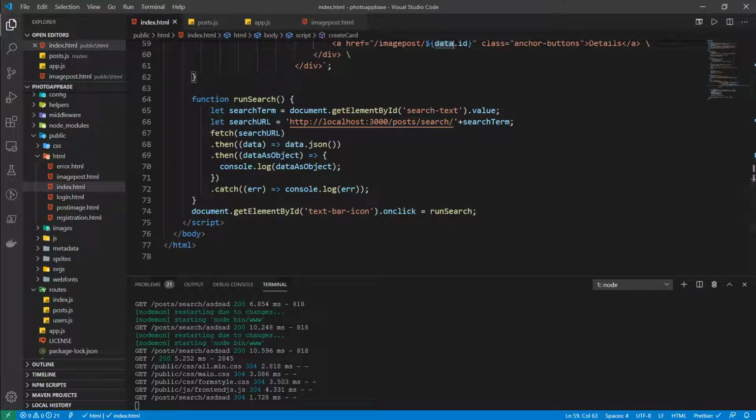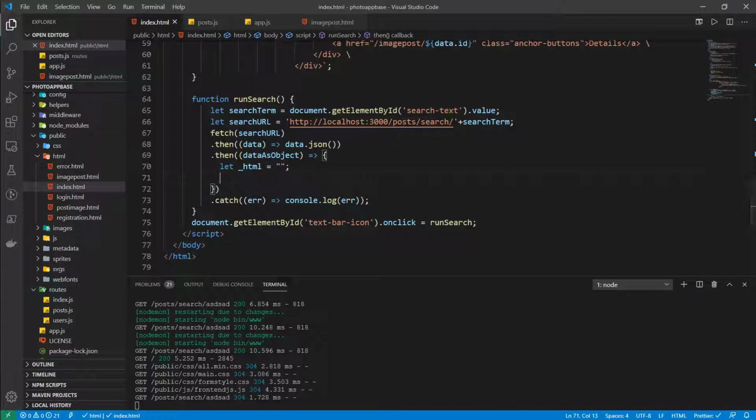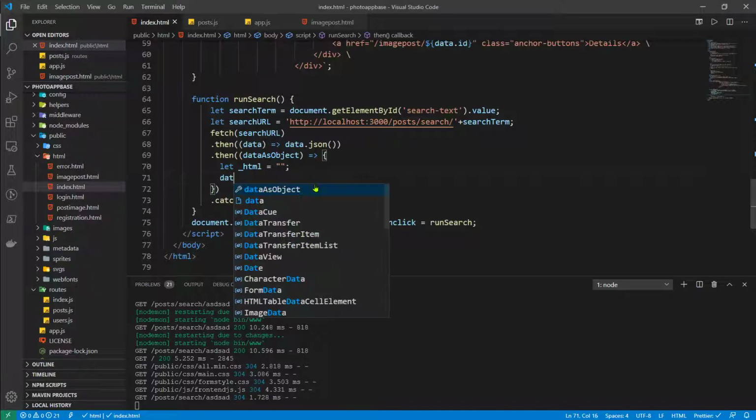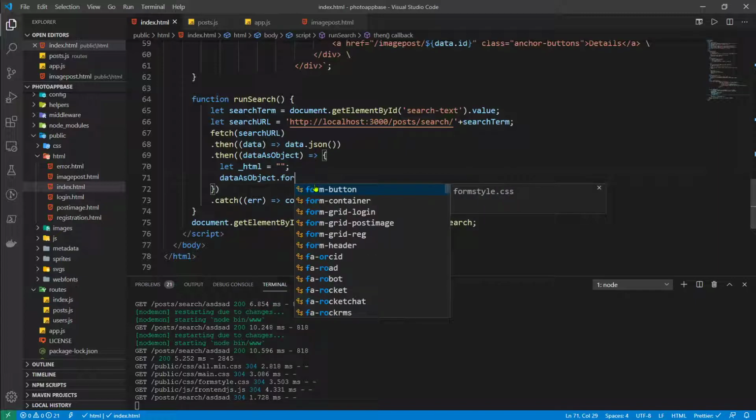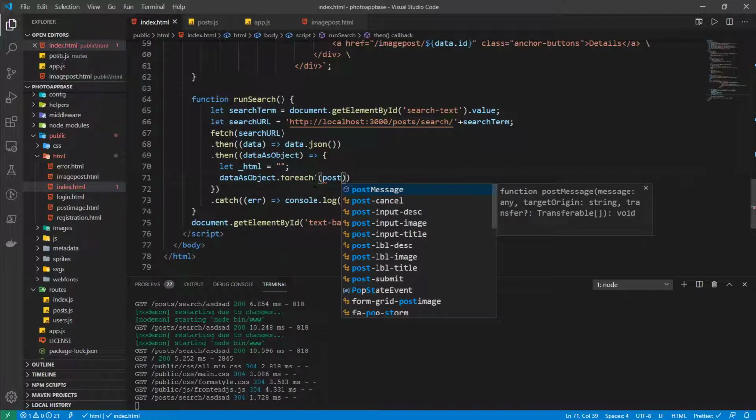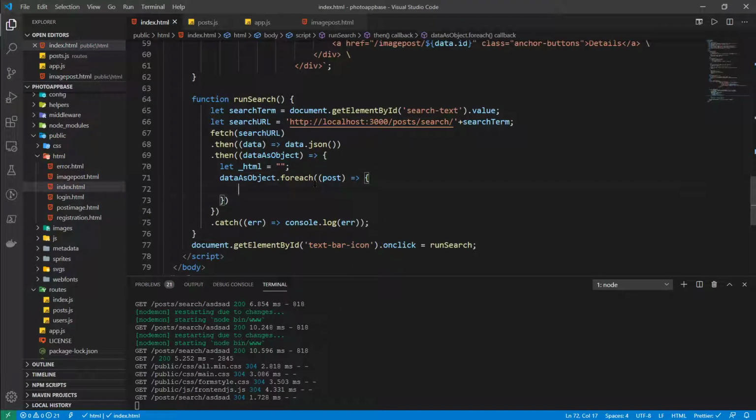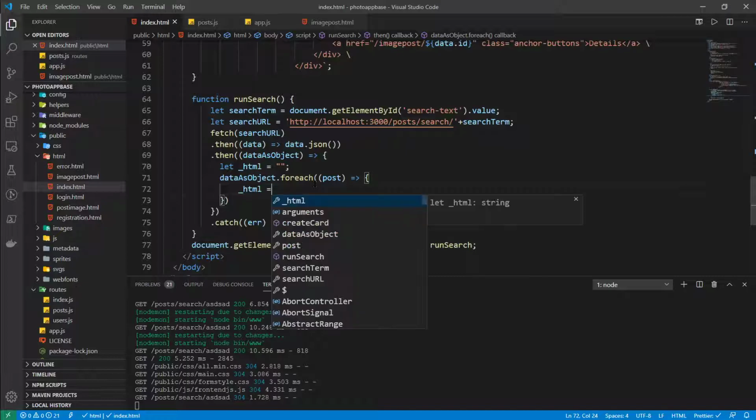So what we're going to do now is take all of our data right here. I'm going to have a let HTML, which is an empty string. I'm going to use the inner HTML to do this, which you can use the DOM API to do as well. And we're going to call our function, which is basically going to build all of our HTML for our posts that we just searched for. So what we're going to do now is data as object dot forEach. I'm going to do for each post in our results, HTML plus equals